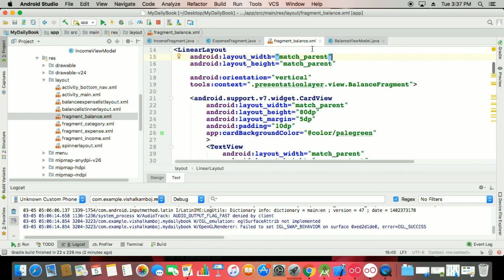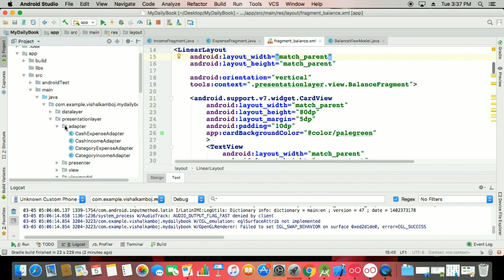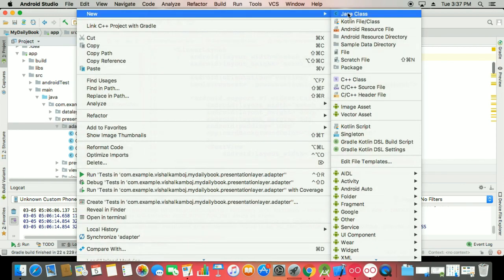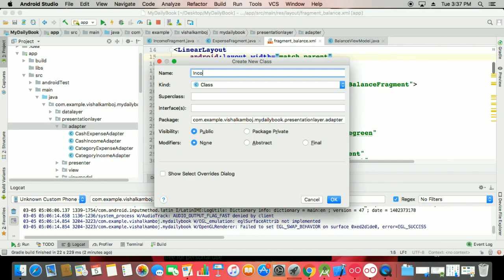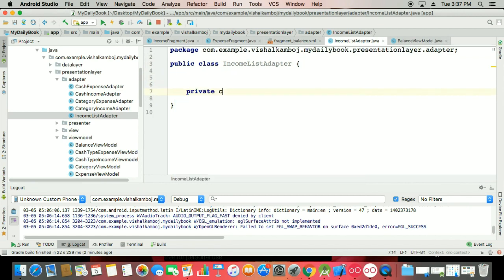So first we have to go for the adapters, because we need recycler view adapters. So for that you can go for the income view adapter. So say new Java, that is income list adapter. So for income list adapter, first we need a class, that's your view holder,